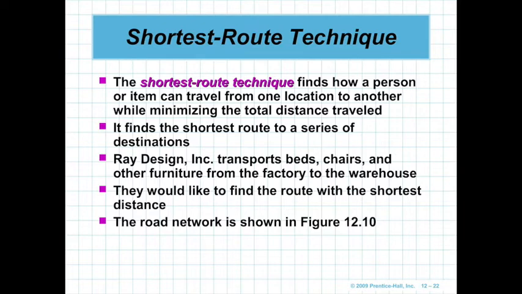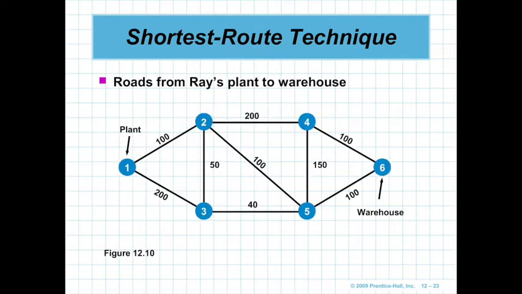Ray designs transport beds, chairs, and other furniture from the factory to the warehouse. They would like to find a road with the shortest distance. The road network is shown in figure 12.10. The plane 1 to the 2 to the midpoint 2, 3, 4, 5, and 6, and the warehouse on the